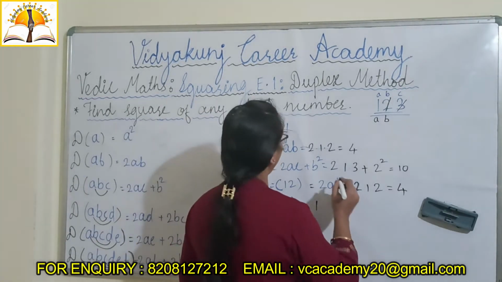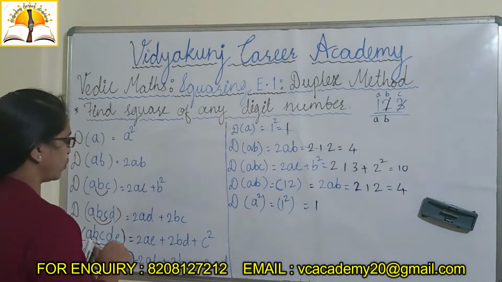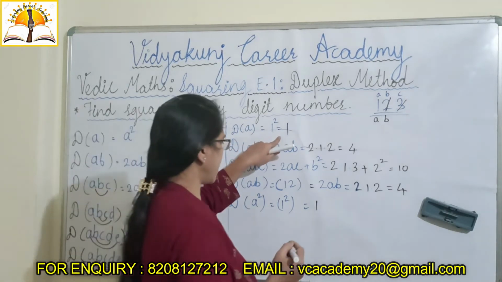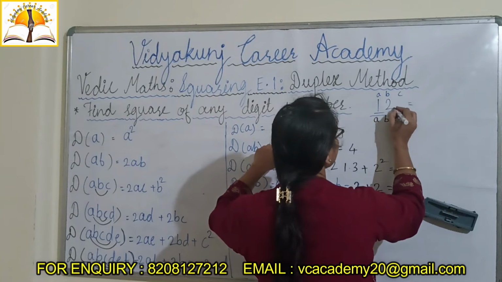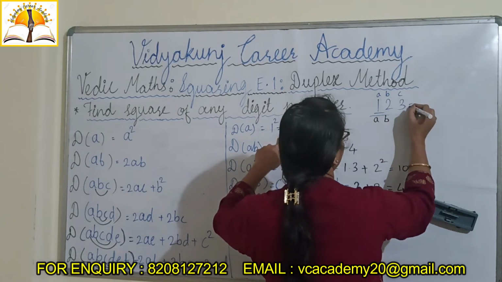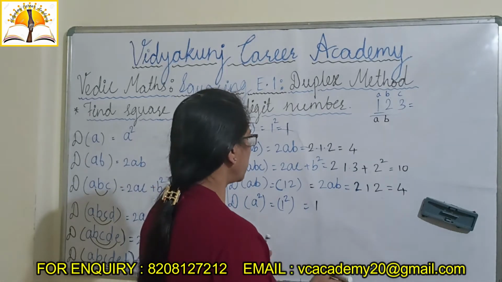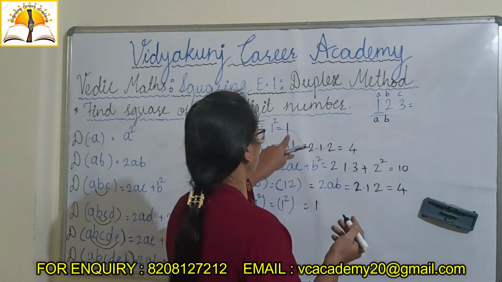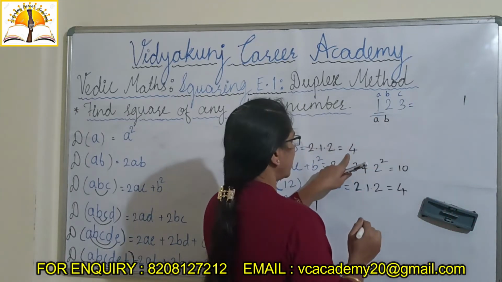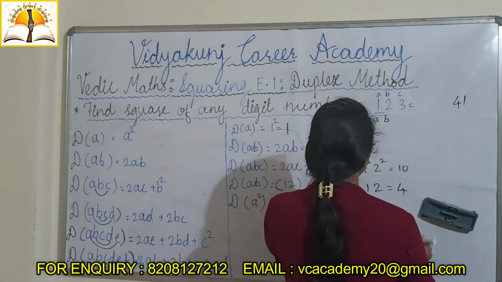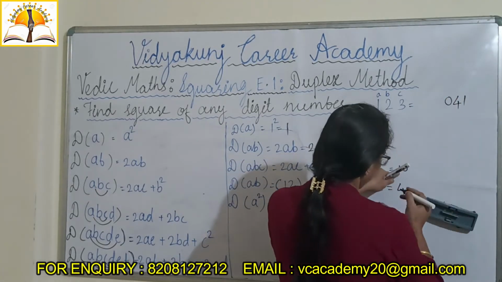Then how do you write in the square form? We have to write from the right side. See, I will write its answer. First I write 1. If there is a 2-digit number, we have to carry to the next. Written 1 from the right side. Now next 4. Then here 10. Then I will write here 0. 1 will be carried to the next.